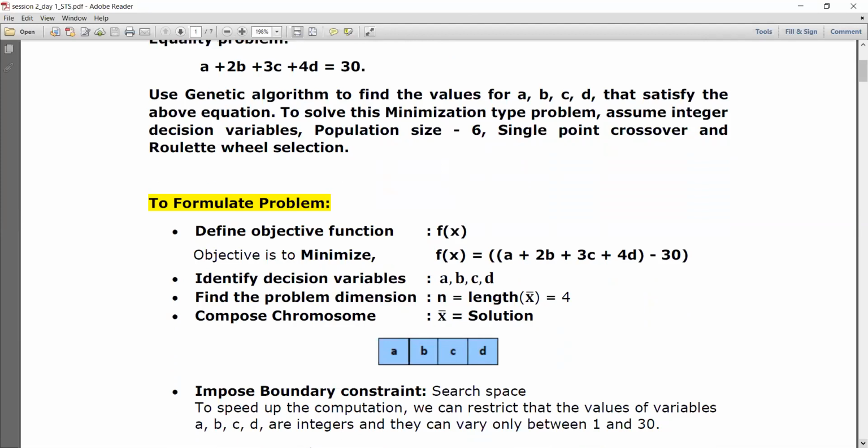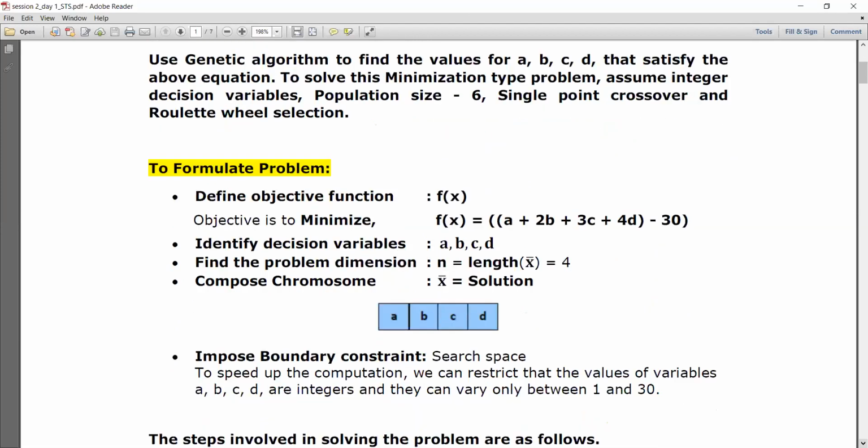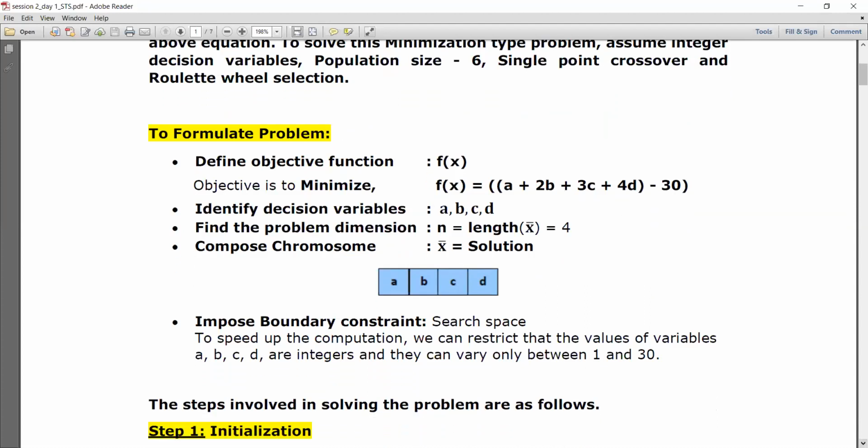Now as a first step, there are some steps involved in solving the problem using GA, before going to see in detail all the steps one after the other. First, let us see how to formulate the problem, because any optimization problem always starts with the problem formulation. We say problem description. How are you going to describe the problem, right? So we know there is an equality problem here, which is a + 2b + 3c + 4d = 30. Clear? So now, if I have appropriate values for a, b, c, d such that the left hand side equals the right side, then definitely the equation terms will be equalized on both sides and the objective is met. Am I right?